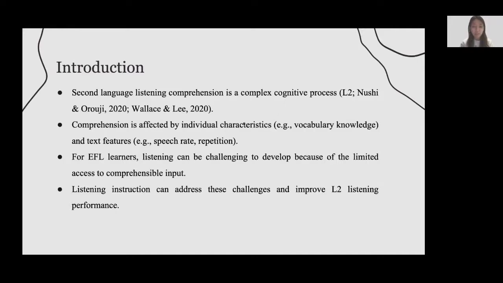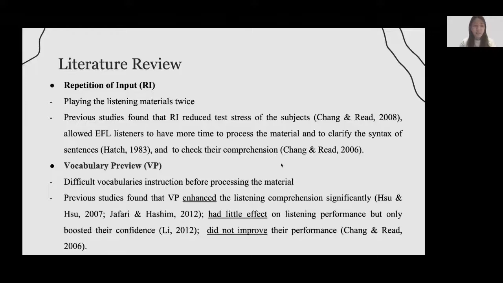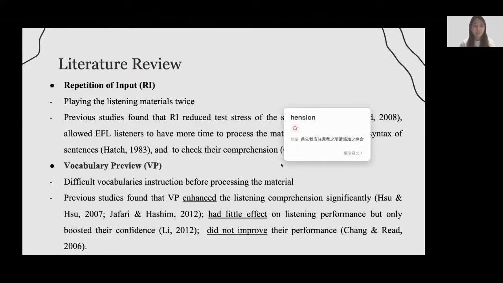So, listening instruction can address these challenges and improve second language listening performance. Therefore, the current study investigated the effects of these three pre-listening instructions and intended to unpack how second language listening performance could be enhanced. So for the literature review, the first instruction we pay attention to is the repetition of